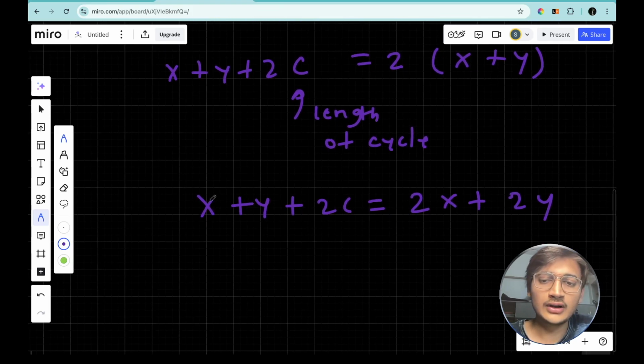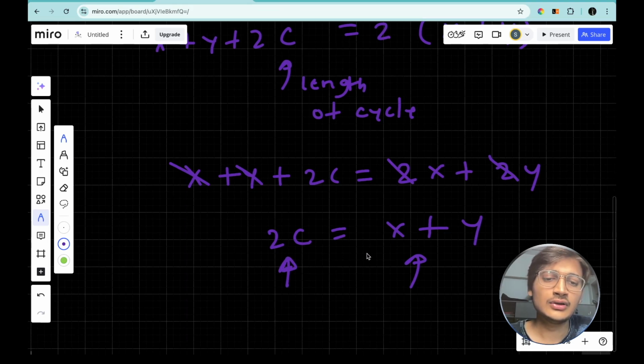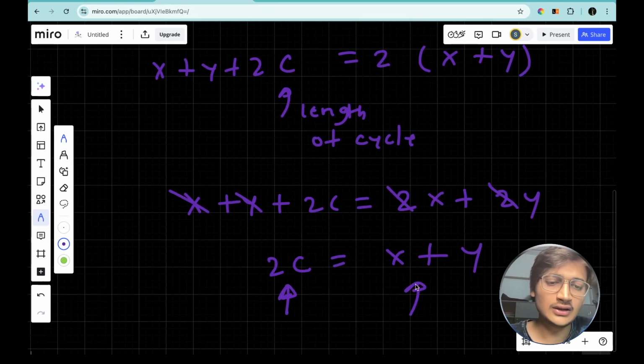Now after cancelling these two, this is going to be 2 times c is equal to x plus y. So what we can say is that the length of this linked list is a multiple of the cycle. So from this we can interpret that